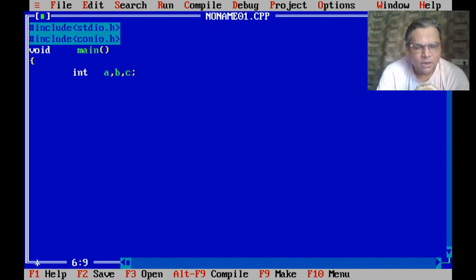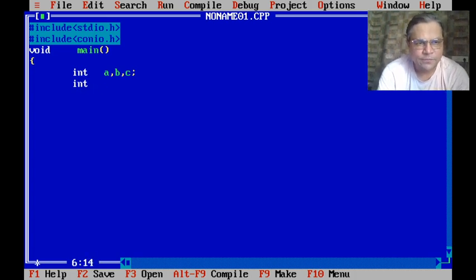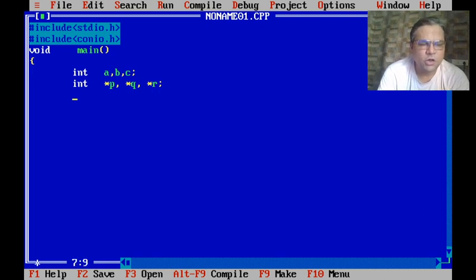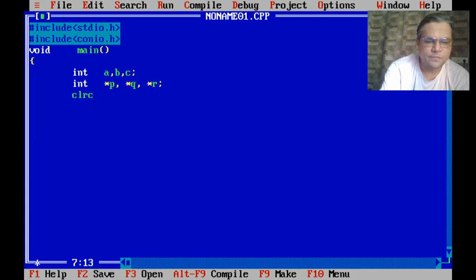For every variable I require a separate pointer. So therefore I will declare three pointers of type integer, and I can declare them like this. Let's say int *p, then *q, and then *r. So I have declared three pointers for integer data type, and I will perform referencing first. So let us write clrscr